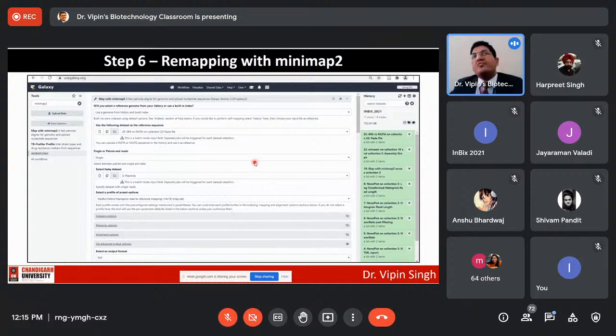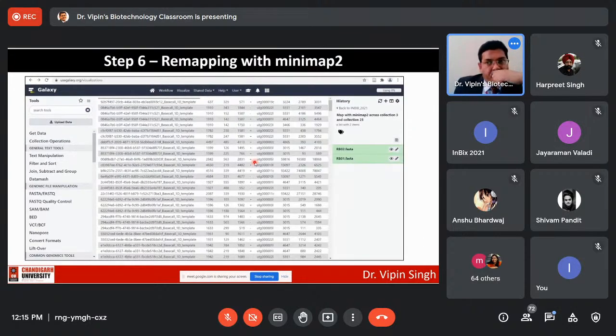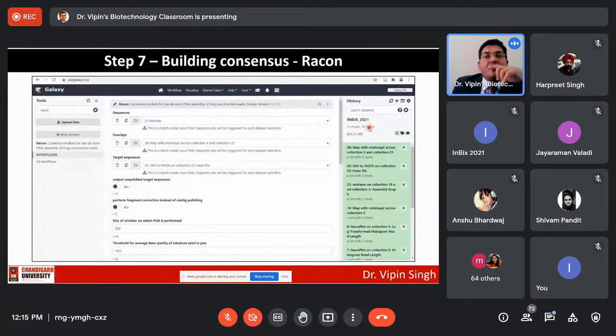So sometimes you keep doing the steps recursively to improve your assembly here. One thing that you can do. Then once you're done with this, you can move on. So here is your output again, and now you get your unique data with your minimap that you have rerun here, right? Then what you can also do is, as I told you, Miniasm does not use a